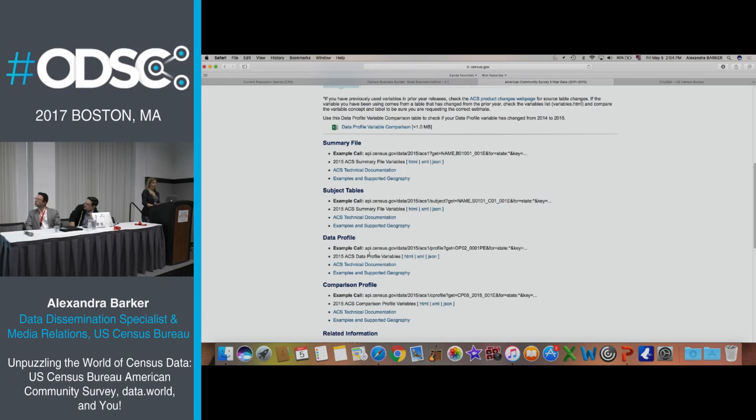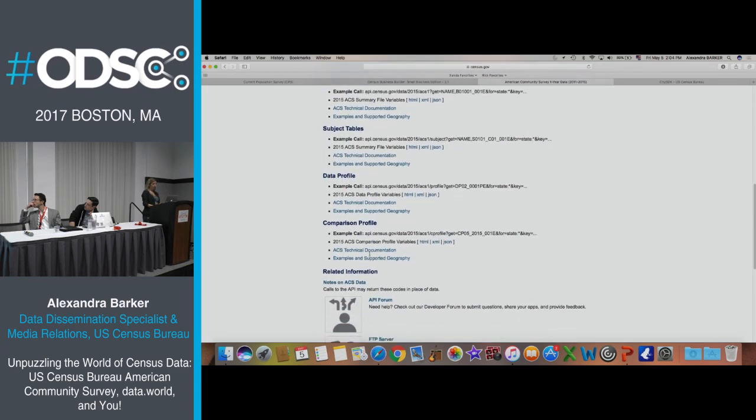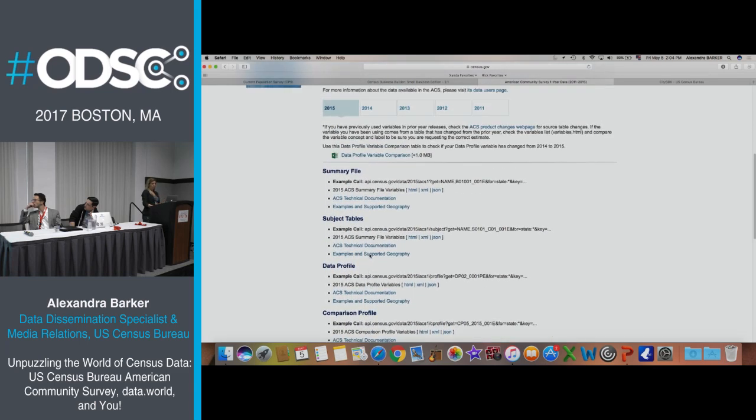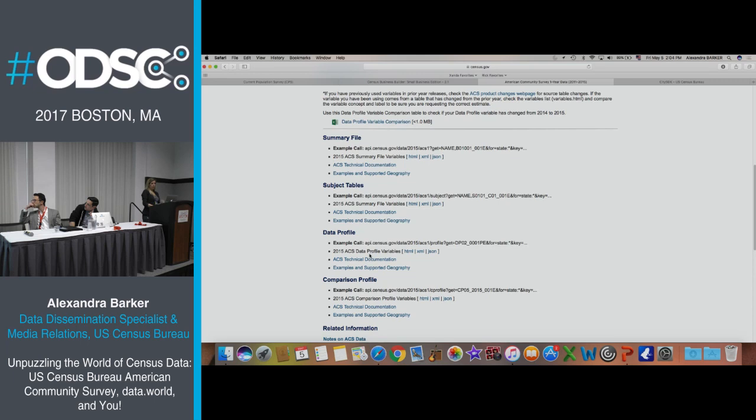Data profiles, love this data set. It matches up a lot of all the ACS variables in a good way, so you can create a profile of any area. And then you have the comparison profiles. What's a good resource here is you have all of this, and you can say, well, where am I going to find my income, that I just want a median household income, period. And it gets really complicated then.